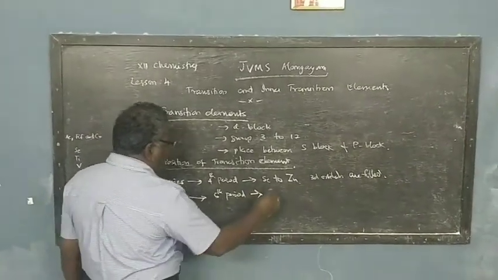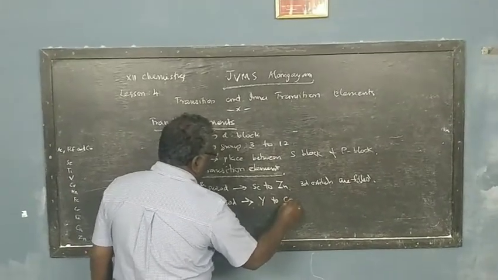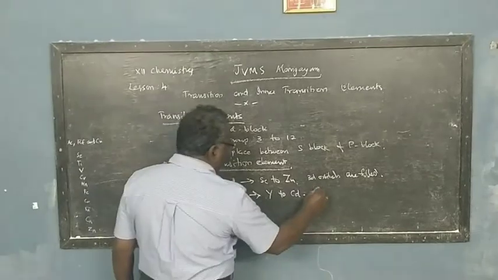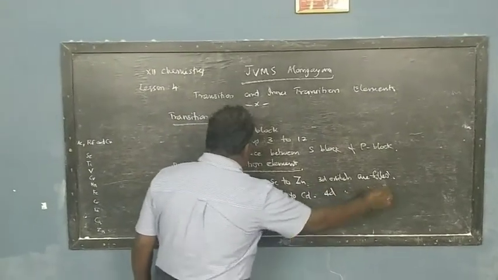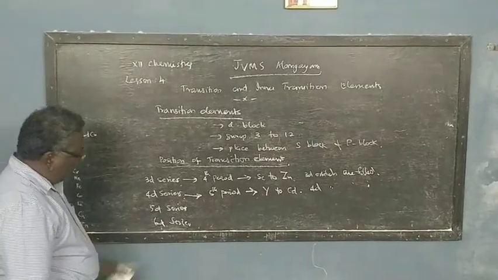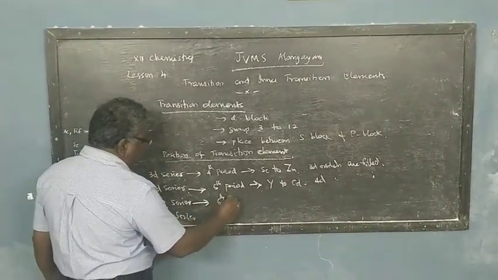It starts from yttrium and goes up to cadmium. In this, 4d orbitals are being filled up, so that is called the 4d series. And the 5d series is present in the sixth period